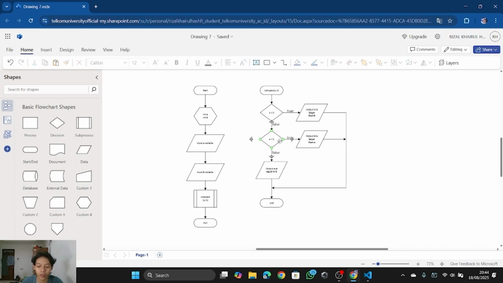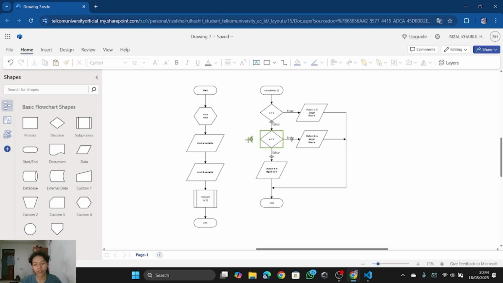If this is true, then it will output b is larger than a. Then, if this decision is false, the output will be a is equal to b. And then we are done. So the flowchart is more or less like this.